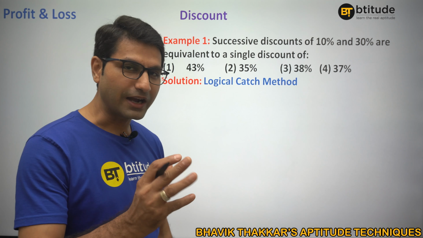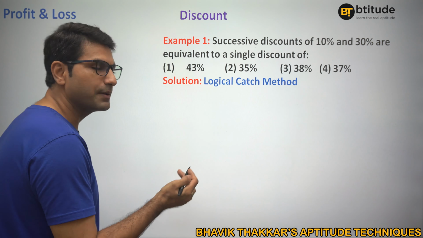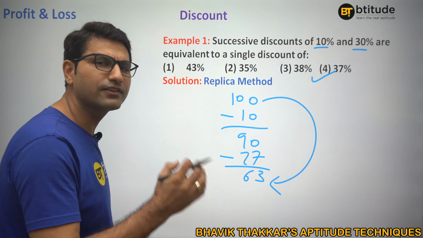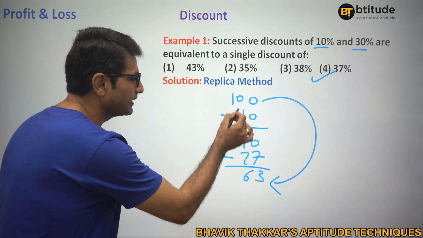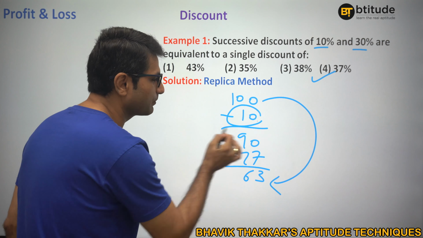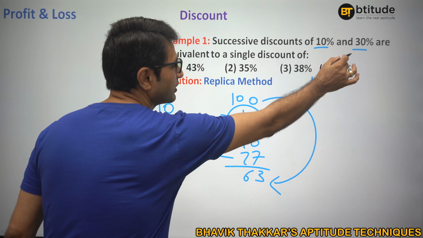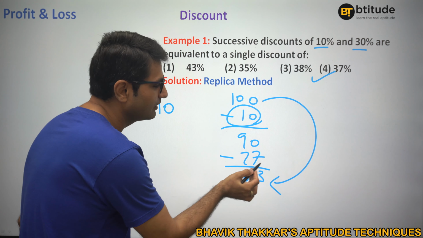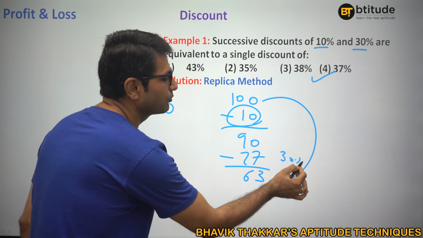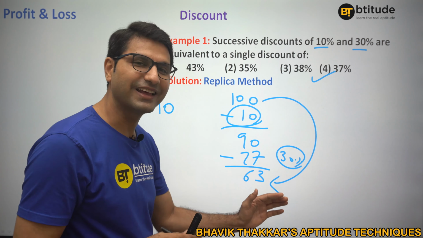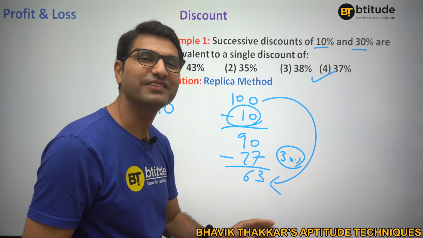So here, try to understand this. Even when we took an example here in replica, let's try to understand with the same one. Here 10% was the discount, so we are getting 10% discount, right? Yes, we are getting 10% discount. Next time there was 30% discount, but here we are not getting 30, because 30% would be what? 30, right, of 100. So we are not getting 30% discount here.